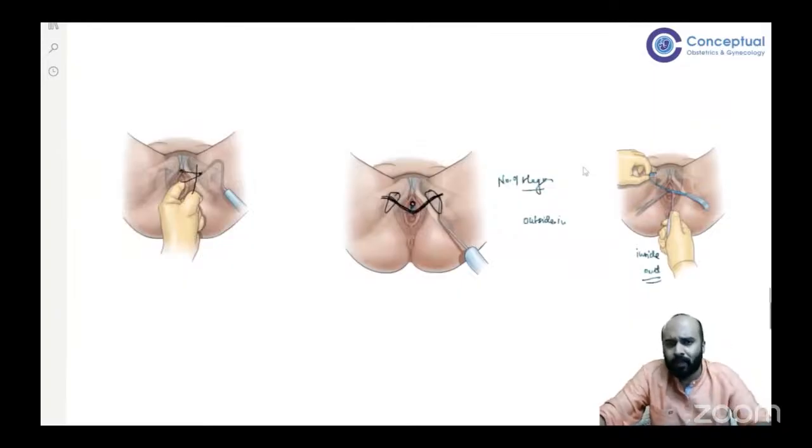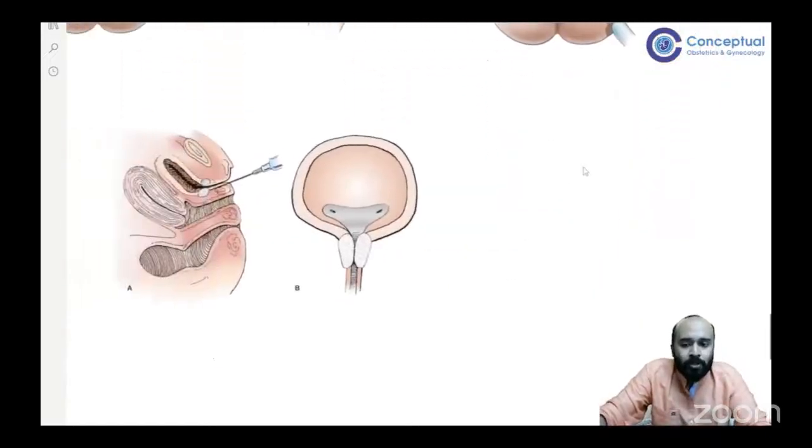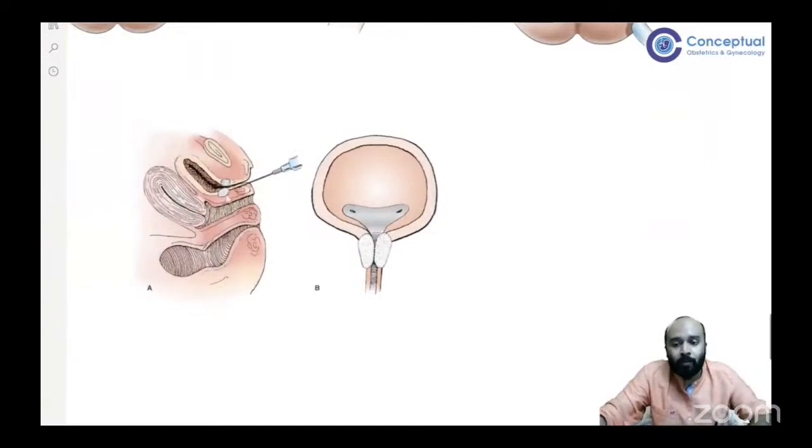If none of this works, or if there is something like intrinsic sphincter deficiency, which I mentioned earlier, when the Q-tip angle does not move more than 10 degrees, it is less than 10 degrees. So basically the internal sphincter is going to be the one at fault. In that scenario, I have one more option wherein I do something called urethral bulking. So I inject urethral bulking agents around the urethra like this. I inject it around the urethra,